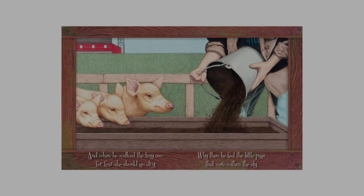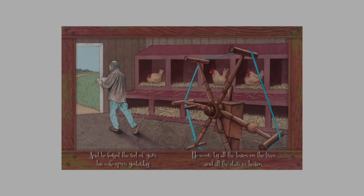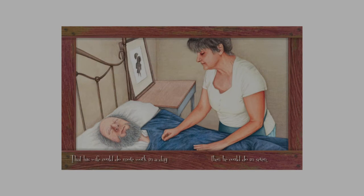And when he had milked the tiny cow for fear she should go dry, well then he fed the little pigs that were within the sty. And then he watched the bracket hen lest she should lay astray, but he forgot the reel of yarn his wife spun yesterday. He swore by all the leaves on the trees and all the stars in heaven that his wife could do more work in a day than he could do in 7. Yes, his wife could do more work in a day than he